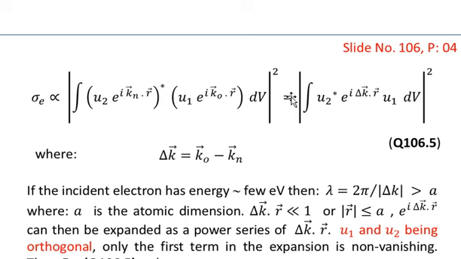And then we can write this quantity in the more simplified form as this one, that is the absolute square of the integral of complex conjugate of u2 multiplied by e to the power iota delta k dot r multiplied by u1 and dv. So we have represented the two k, that is kn and k naught, as a simple delta k, where delta k is equal to k naught minus kn,